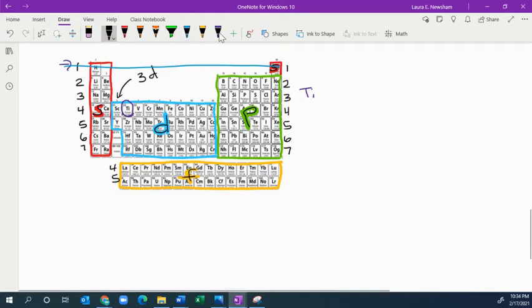So we have, I'll give myself some room here, 1s2, and I have 2s2, then go all the way through here, and I have